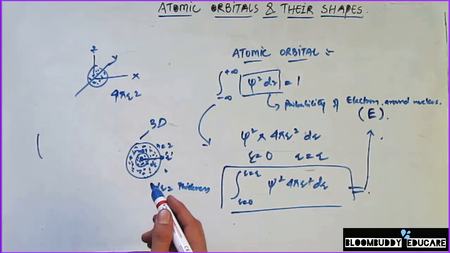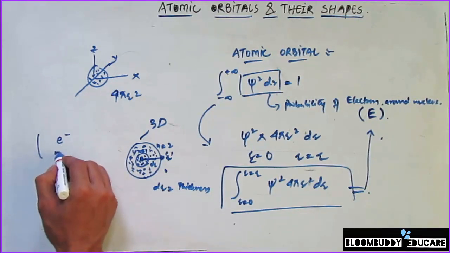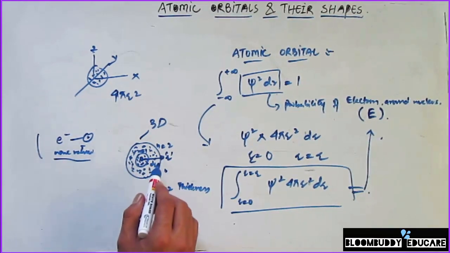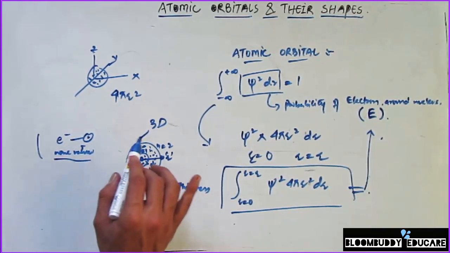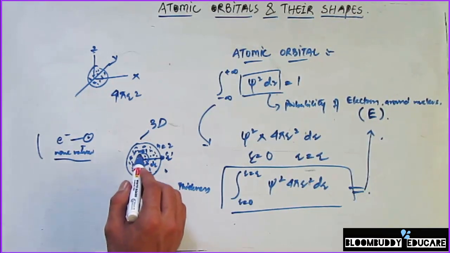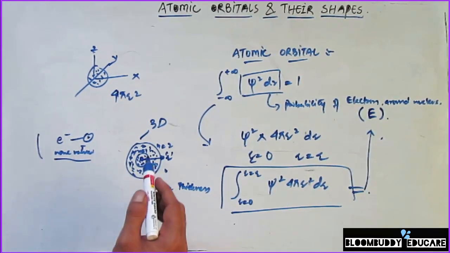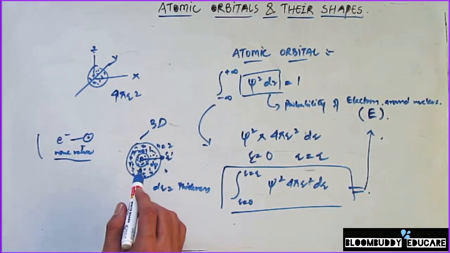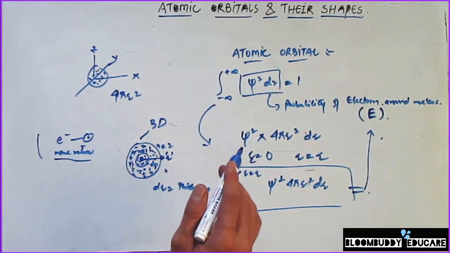Because of its wave nature, electron can be found around the nucleus at any place. So we can say electron has wave nature. Because of this wave nature, this electron can be found anywhere around the nucleus. That means the probability of finding an electron around this nucleus in this space is never going to be 0. That means I can find electron at any place within this region, right? The maximum concentration of these dots, that means the electrons, would be closest to the nucleus, and it will go on decreasing as the distance of the electron from the nucleus increases in all the directions.